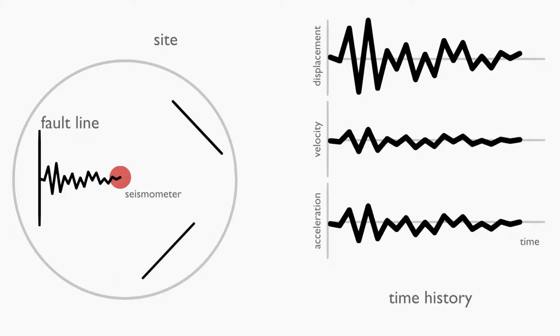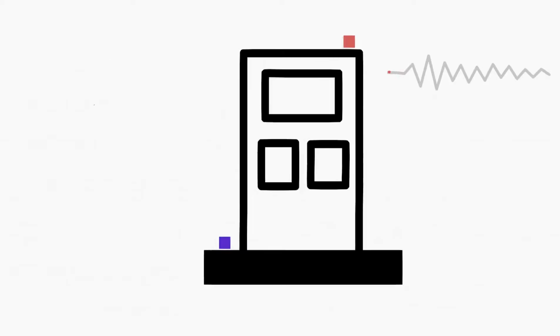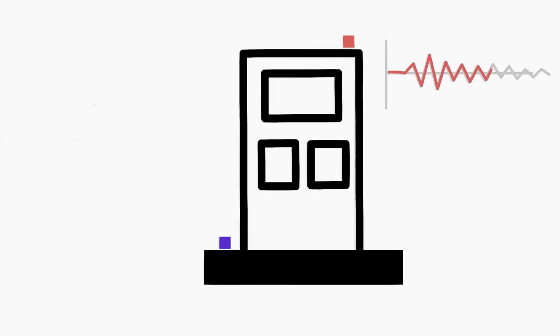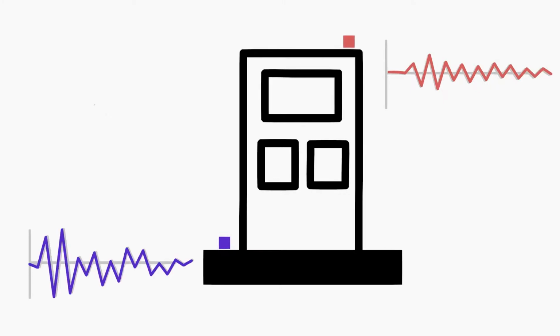The time histories at a particular site could either be recorded during a past earthquake or be generated by studying the nearby fault lines. Time histories can also be recorded at any location on an existing structure to get the movement of the structural component over time. This response graph would be completely different from the earthquake motion, as the seismic wave is modified by the stiffness and inertia of the structure.